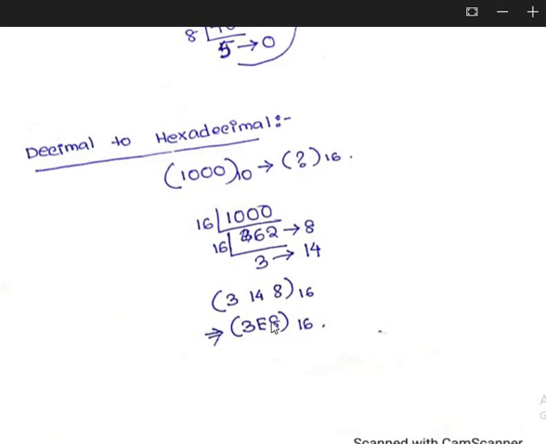Whenever I am going to convert a number from decimal to another base, like from decimal to binary, from decimal to hexadecimal, from decimal to octal, I will divide the number by the base in which I want to convert. I will write the remainder using an arrow, and then after I will write the number from downwards towards the upwards order. Simple.